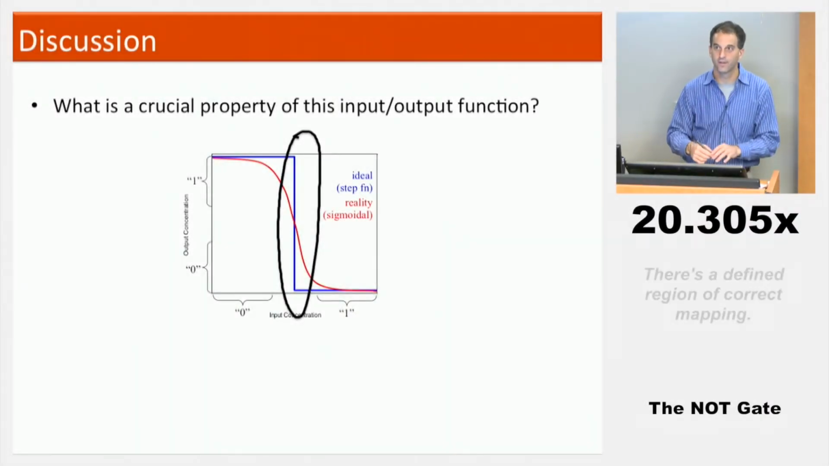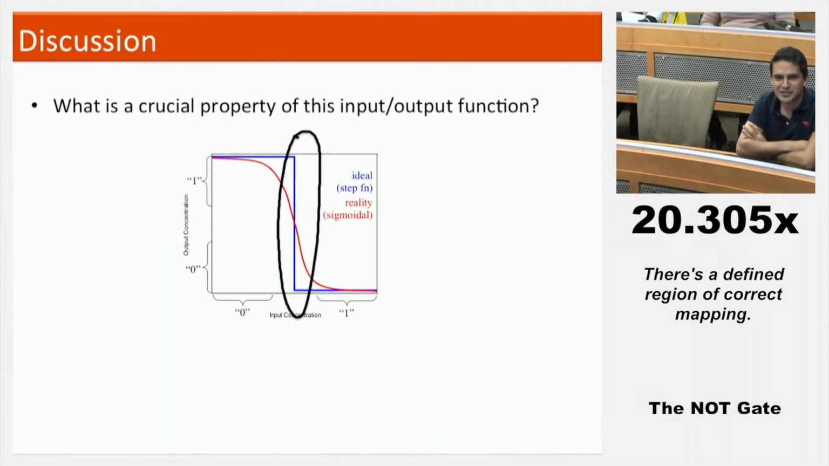Yes. I think the transition region determines pretty much the signal-to-noise ratio at which the values are going to map correctly from 0 to 1 and vice versa. Okay. So